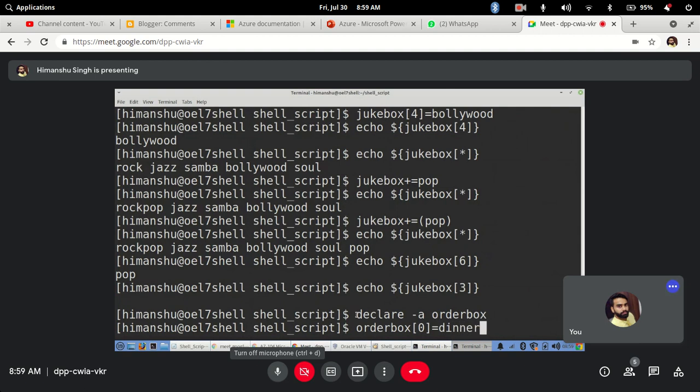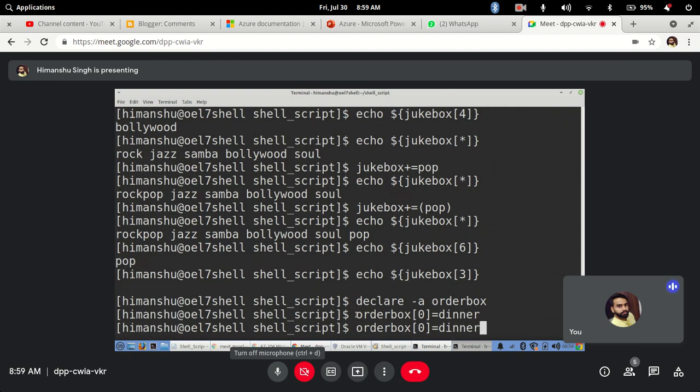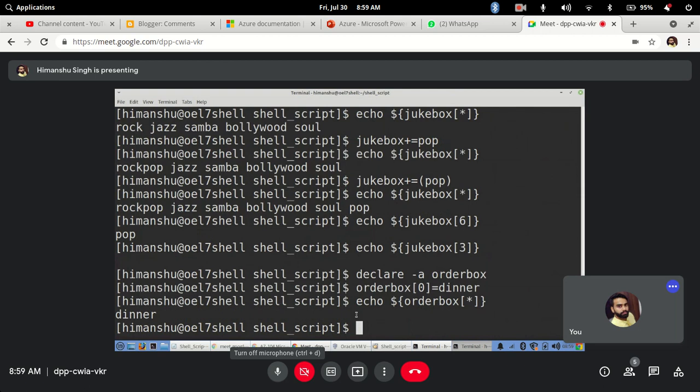It will store that value in my order box array. So you can do it that way also. Both ways the array can be defined, they both are fine.